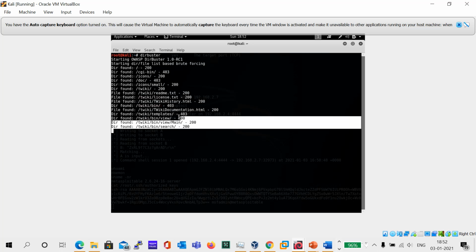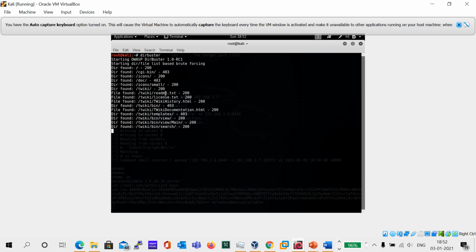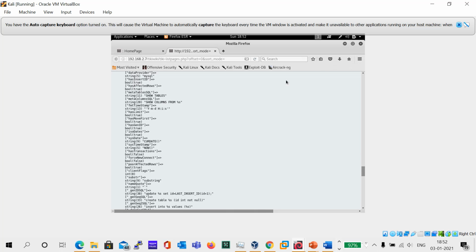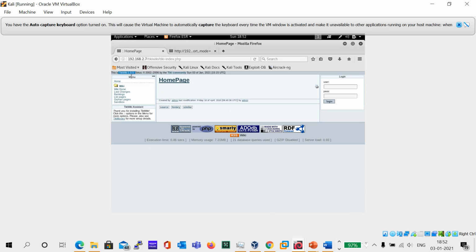This is a SQL injection attack which I have performed, where I use the DirBuster tool to find out what all directories are present on the Apache service which is running on the Metasploit machine. So here I can see a TikiWiki database is running. When I opened that page on TikiWiki, I found out that TikiWiki 1.9.5 version is running. When I searched about this 1.9.5 version, it says there is a vulnerability where if we use a